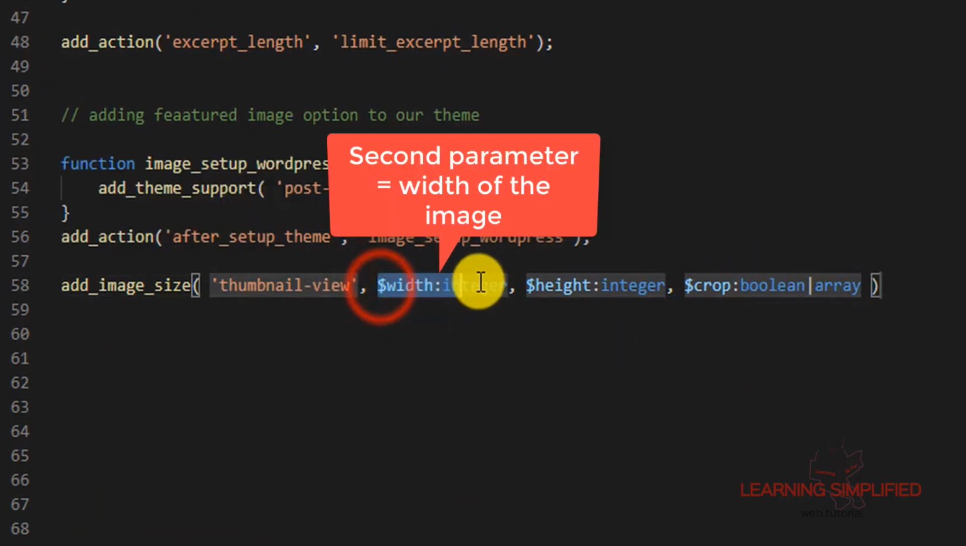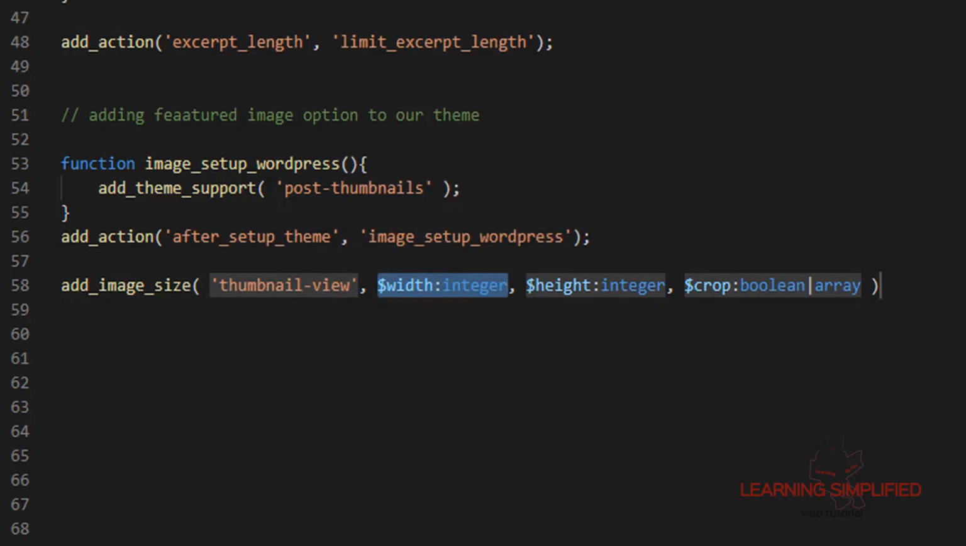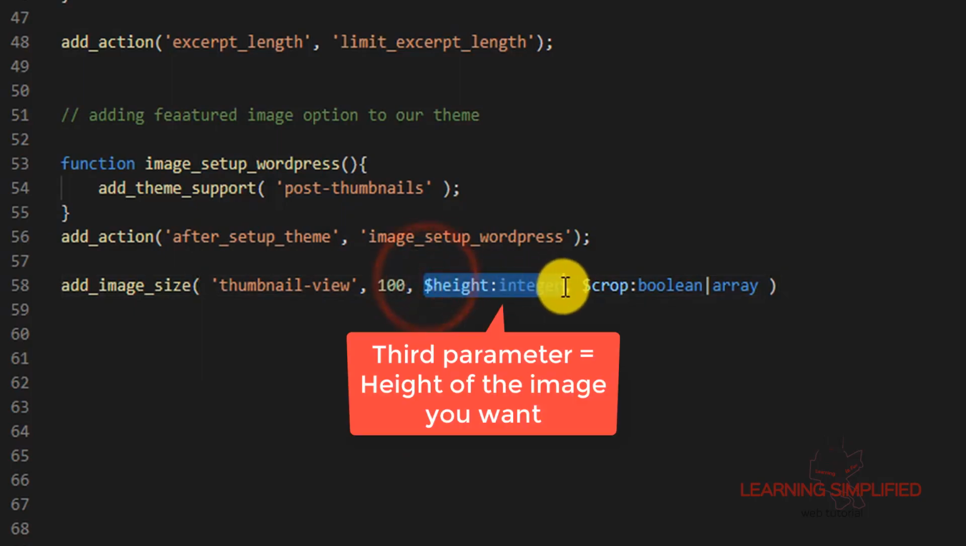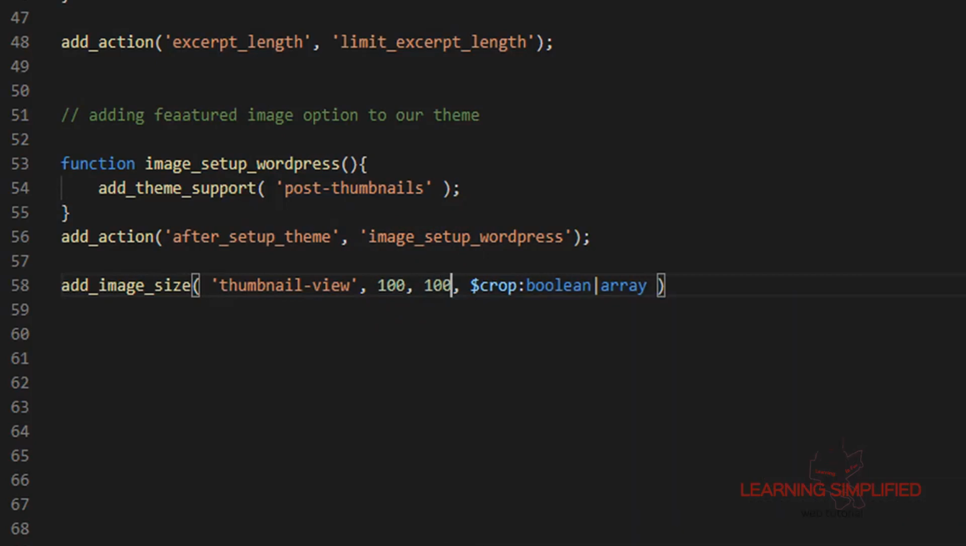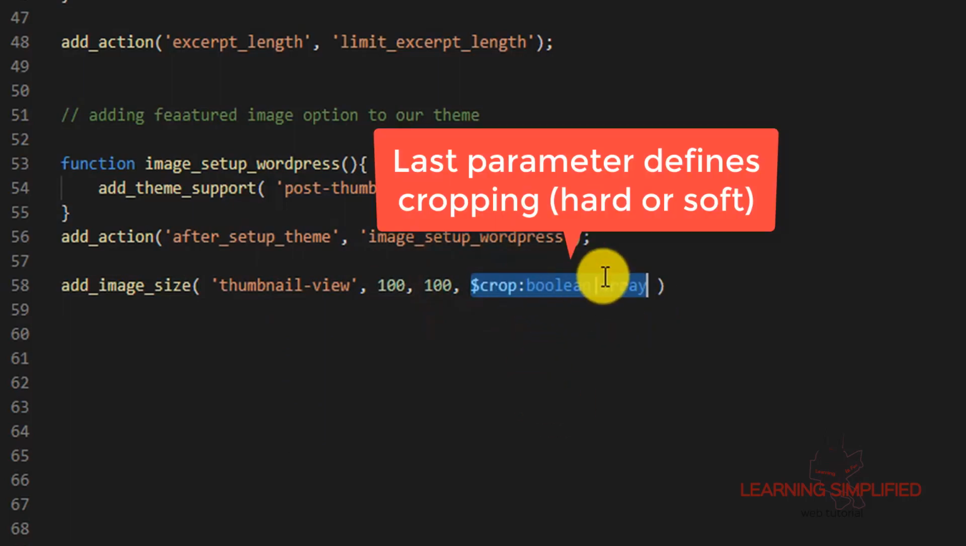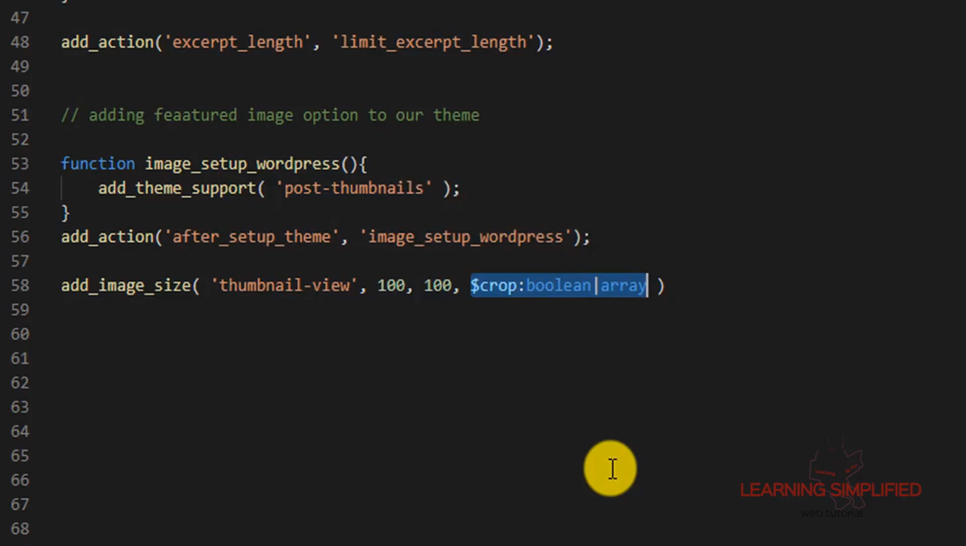In the next case, we need to put an integer defining the width of that individual image. So we are putting it to 100. In a similar manner, we are defining the height of that individual image. So we are making it 100 again. And this is the last parameter, which practically defines whether our image should be cropped or